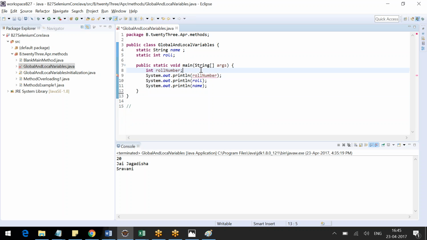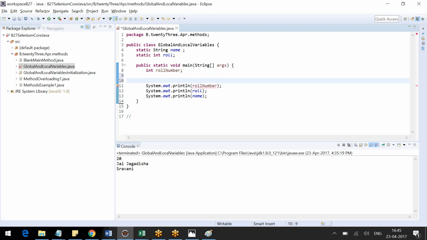Okay, so what I'm trying to say is local variables need to be initialized before using them. Okay, you cannot use the local variables without initializing,